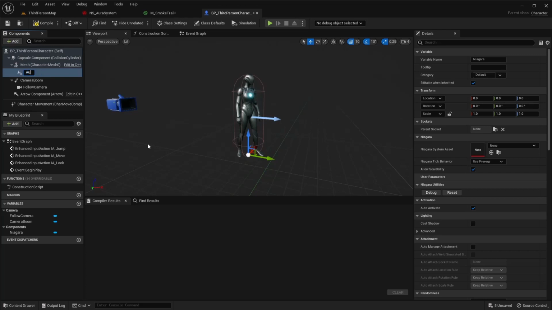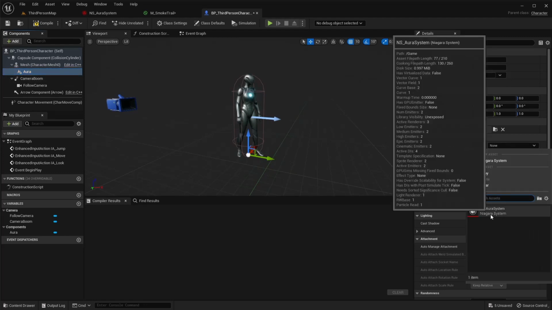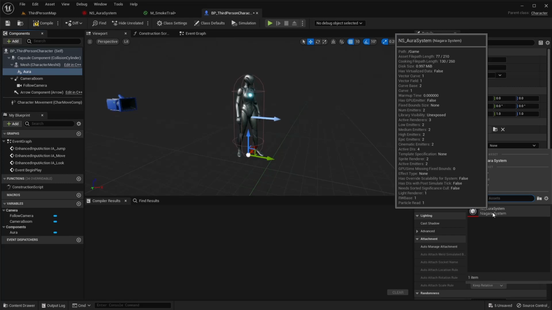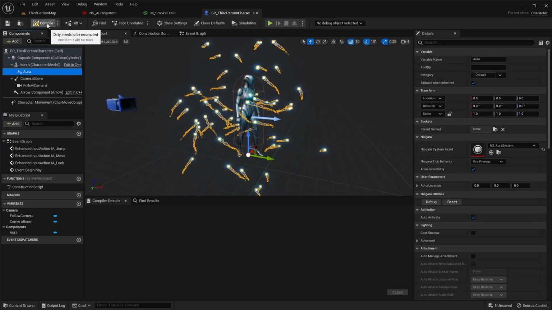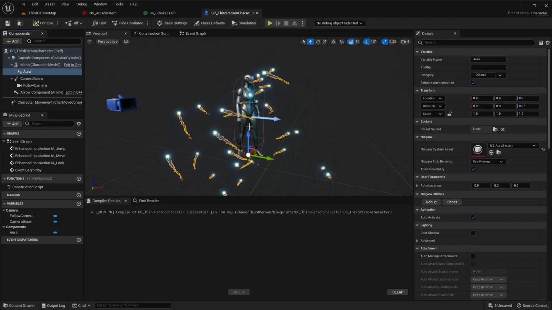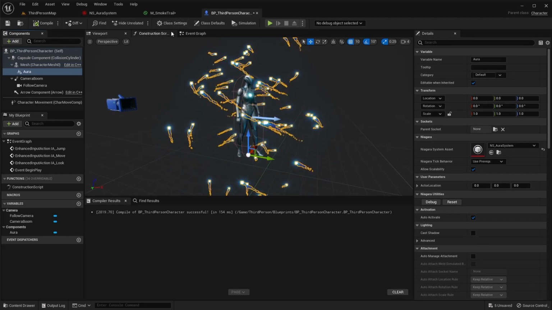I'm going to name this just Aura. And then over in your details panel, while Aura is selected, go ahead and add that there. So now we can see what it's going to look like around our player.